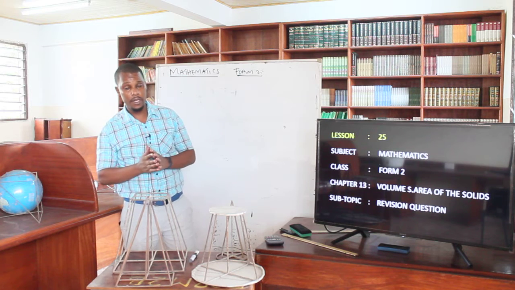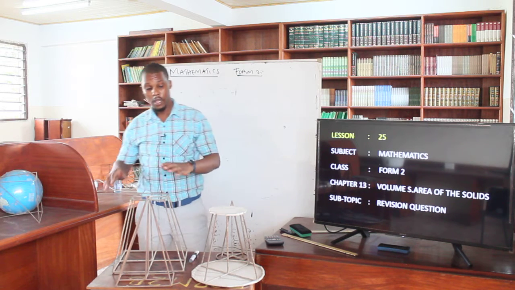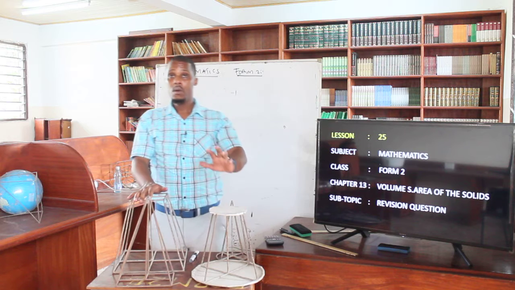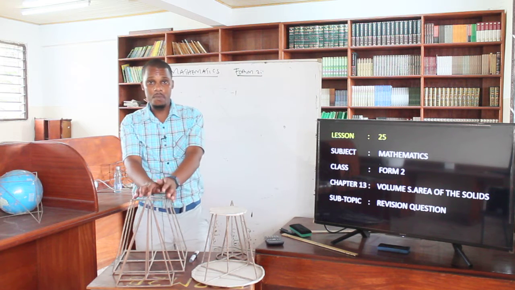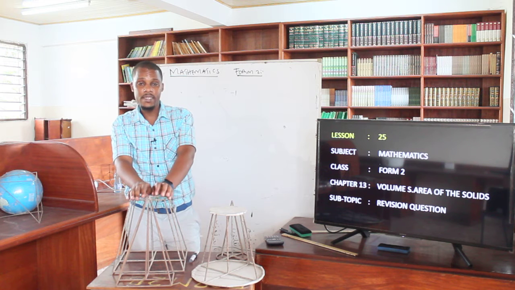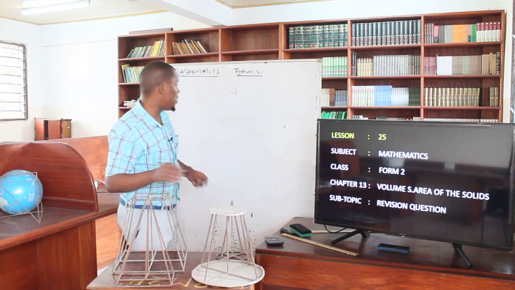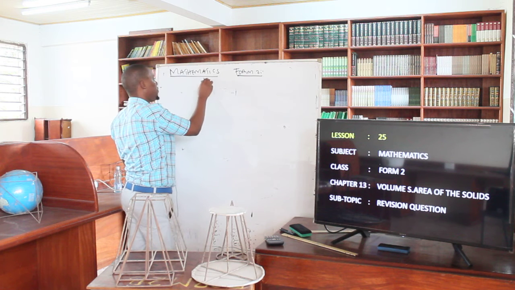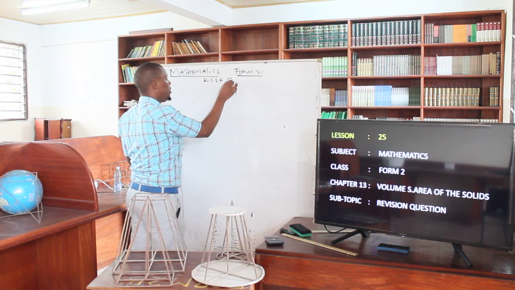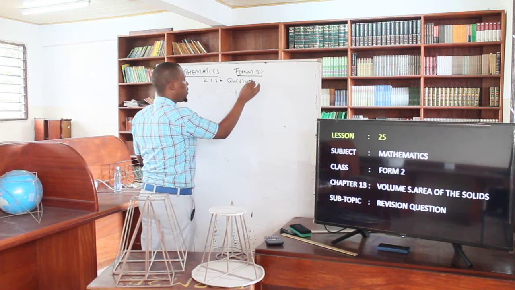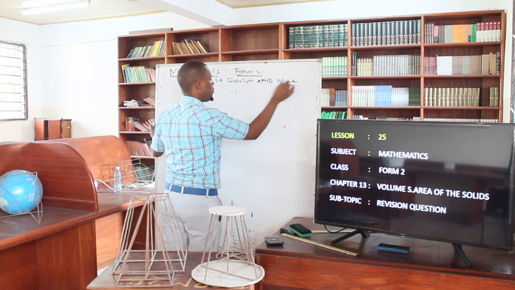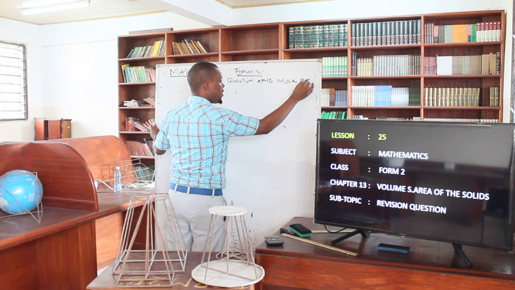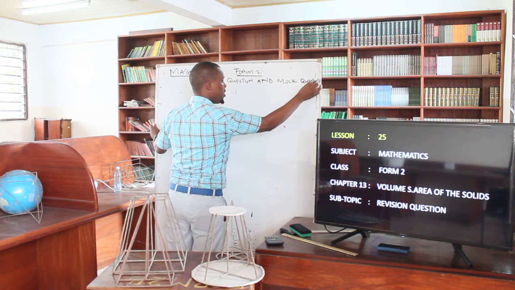So remember that we agreed that when dealing with this topic, we are going to be joining the two topics together, and then we see a question that can come during the exam. That is going to be the volume of the solid and the surface area of the solid in terms of the revision question. Again, I will be focusing on the KCSE questions, and also the mocks questions. That's going to be my way of generation of this question.